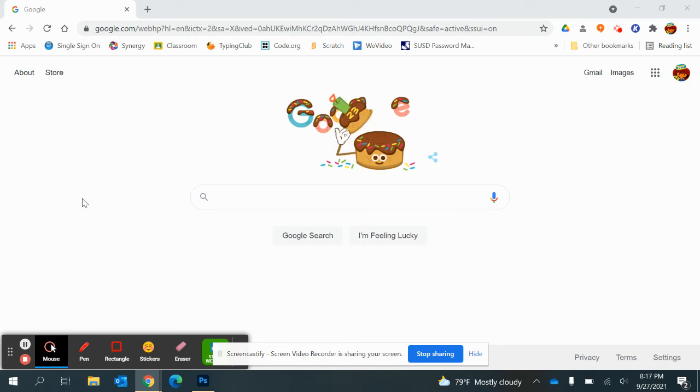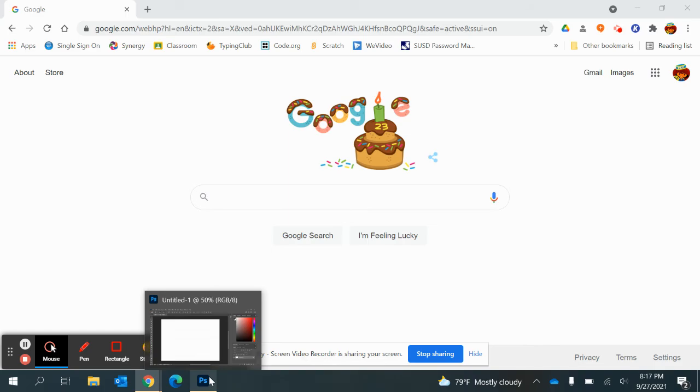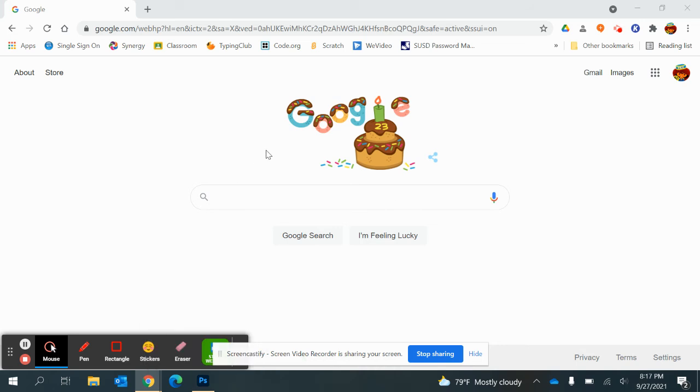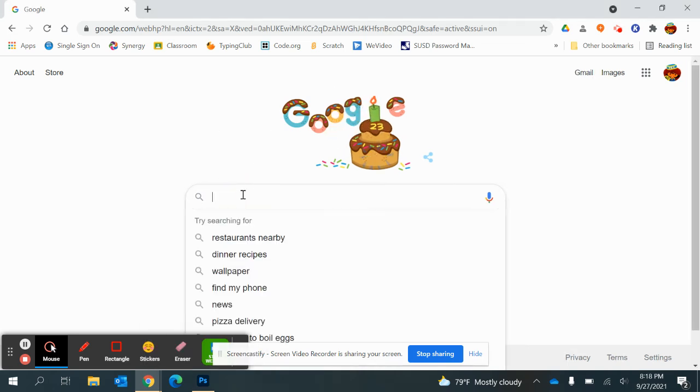What you're going to need for this is, of course, Photoshop and some kind of a search. So I'm using Google for my search engine. Please make sure you only use images that you have the rights to use, but you could just search for whatever it is that you want for your